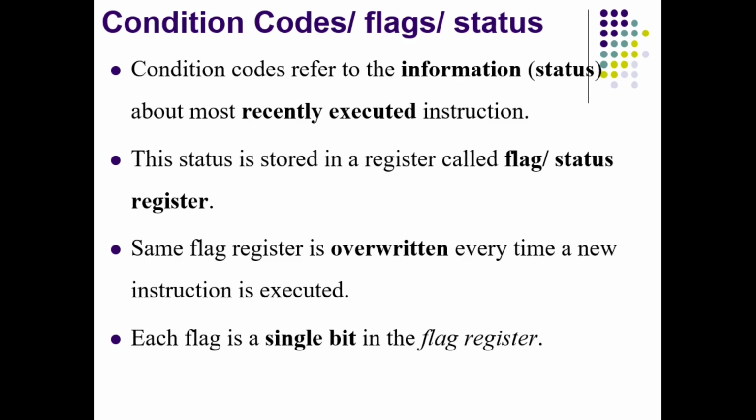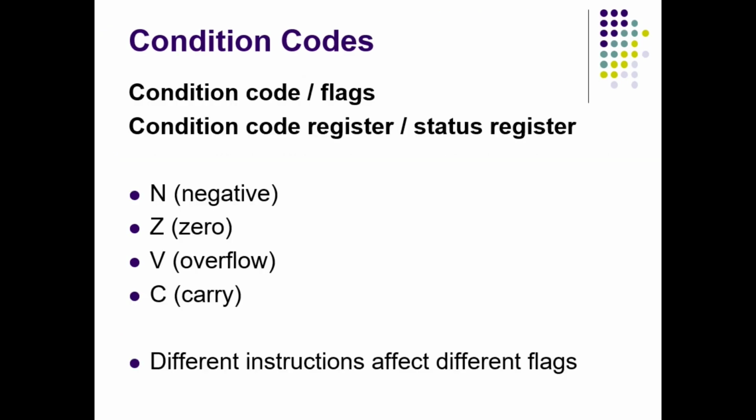And in the flag register, every different status of the instruction execution is identified as a bit. The flag register will generally be 32-bit or sometimes 64-bit. Even though we are not using all the bits, a bit is reserved for a particular status. For example, to inform whether the result is 0 or not, a particular bit is reserved. We will see this in the next slides. Even though we can derive many statuses of a particular instruction execution result, in this textbook we have discussed only 4 major statuses of the instruction, nothing but the negative flag, zero flag, overflow flag and carry flag.